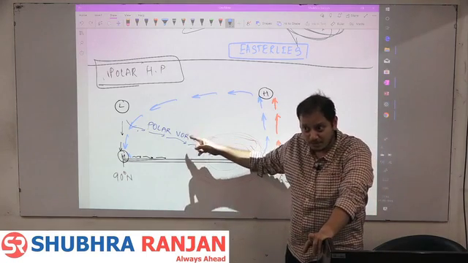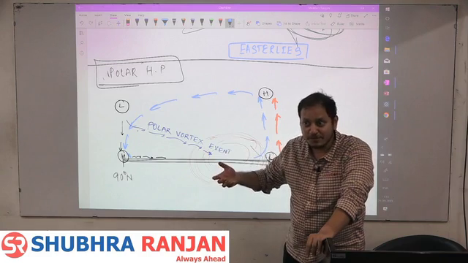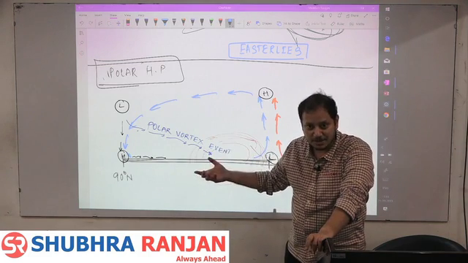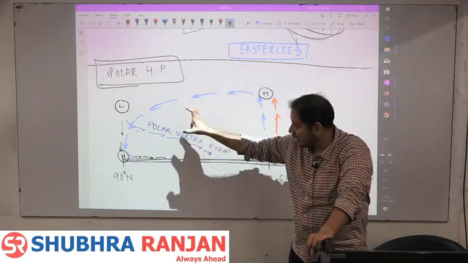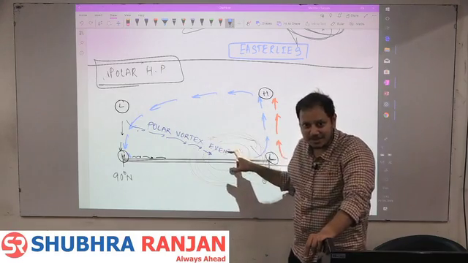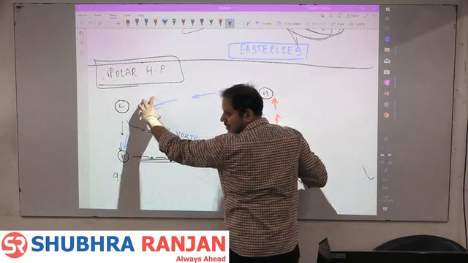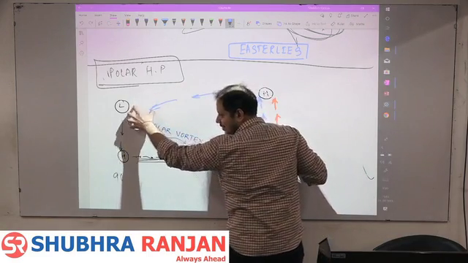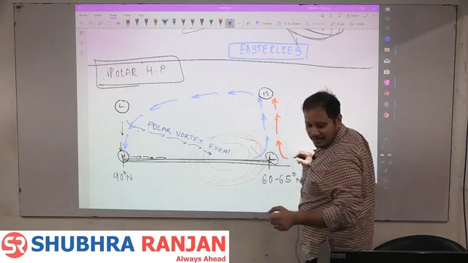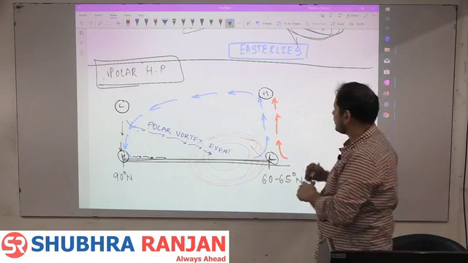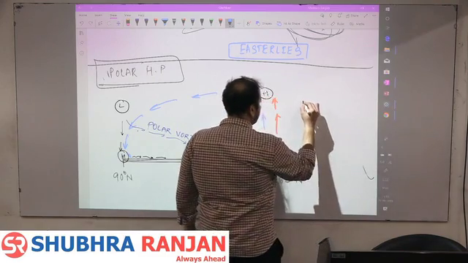And this is extremely cold air. When it comes into the temperate latitudes, it obviously will freeze, bring freezing temperatures, and therefore there will be heavy snowfall. The more this air goes down from here, the stronger this air will come towards here. The stronger the air comes towards here, the stronger will be the polar vortex event. And sometimes this polar vortex event